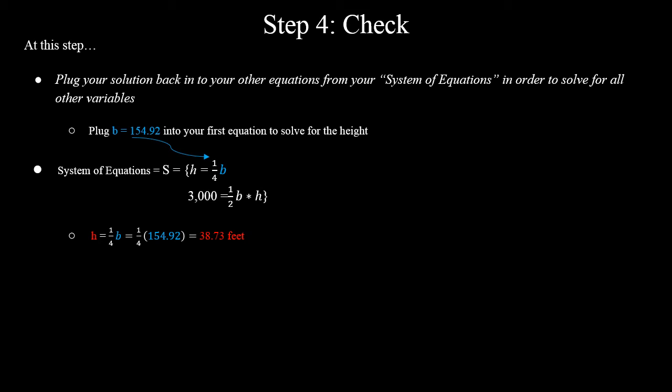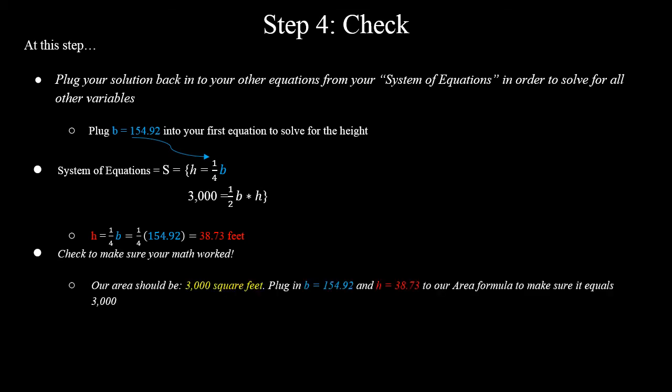So now that we know the base and the height, we can check to make sure that our area works out. We've got to make sure our math worked, guys. We knew that our area should be 3,000 square feet. Well, now we know both the base and the height. The base is 154.92 feet and the height is 38.73 feet. So let's plug those numbers into our area formula, which was our second equation in our system of equations, to make sure that it does give us 3,000 back. All right. So area of a triangle equals 1/2 base times height. Let's plug in 154.92 for b for base and 38.73 for h for height, which gives us approximately 3,000 square